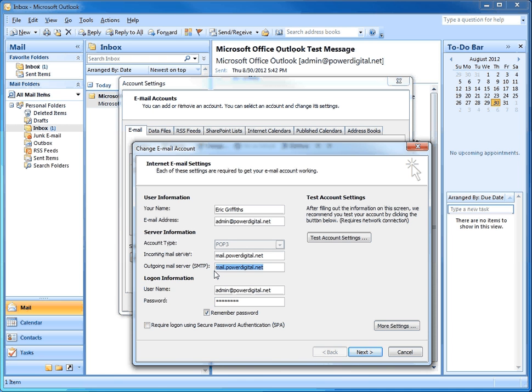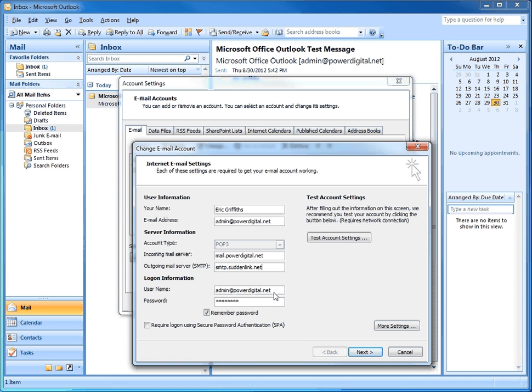You contact them, call them, they'll give you that. If you have an email address from them already that you use, you may already know this. I have Suddenlink, so Suddenlink's is smtp.link.net,